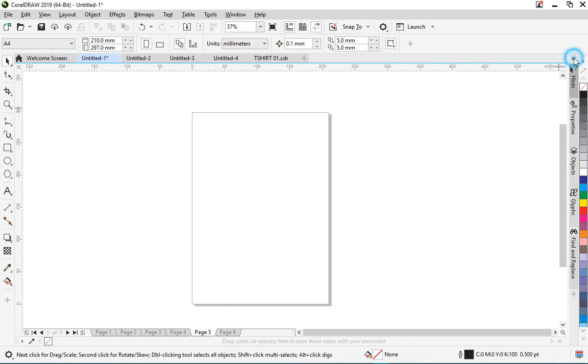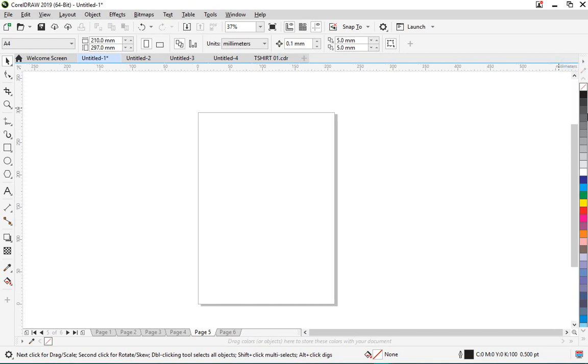If you have it on your screen, just close it. Click the X to close it. Okay, so we have the color palette, we have navigator, page navigator, we have page tab, we have the drawing navigator, we have status bar, and then this is called your print layout,